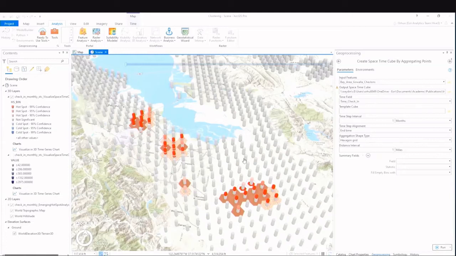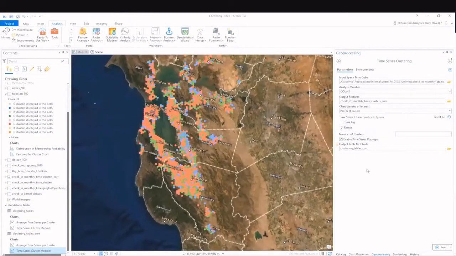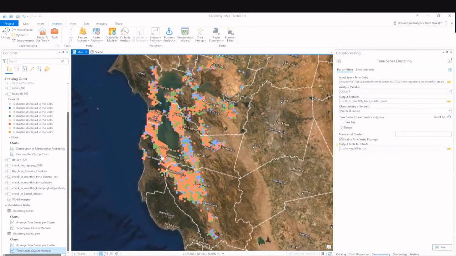We can also evaluate this particular cube using a space-time analysis tool called time series clustering. With the time series clustering tool, we can divide this space-time cube into clusters that have similar time series patterns. The time series clustering tool found 3 distinct clusters.